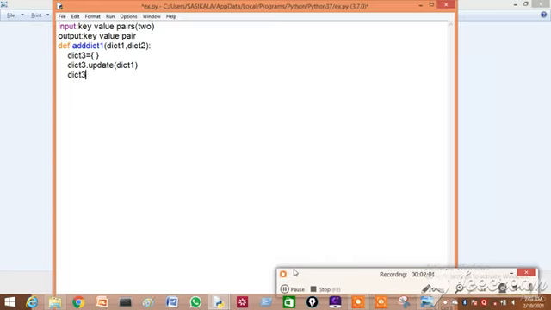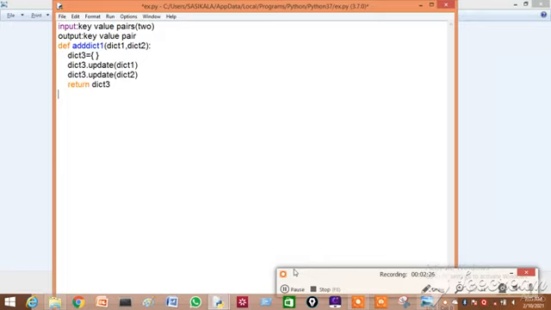Similarly, dict3 dot update with dict2. So two dictionaries are updated in dict3. That's all. Then the function has to return the value outside, right? Whatever it got inside the function, it has to throw outside the function. So we have used the return keyword.